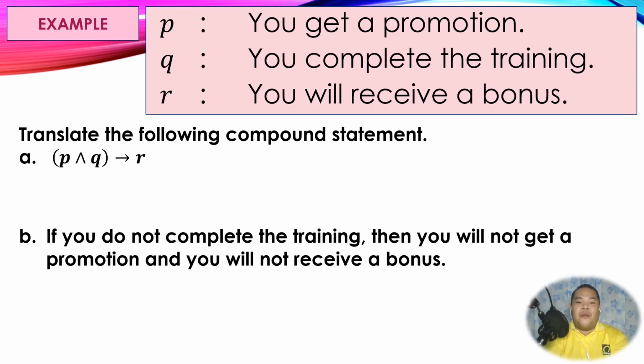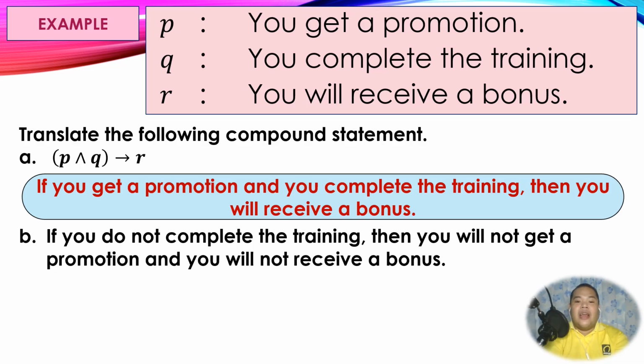P: You get a promotion. Q: You complete the training. R: You will receive a bonus. The logical connector between P and Q is and. Therefore, the first part will be you get a promotion and you complete the training. The logical connector between the quantity P and Q, then R, is an implication. Therefore, our final answer is if you get a promotion and you complete the training, then you will receive a